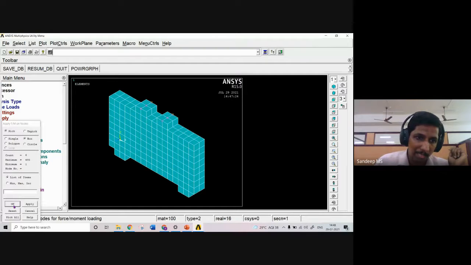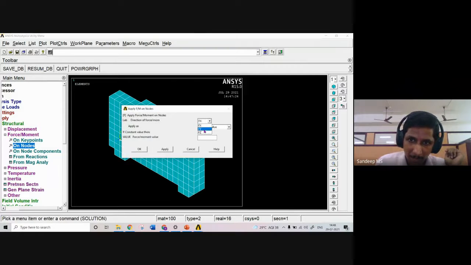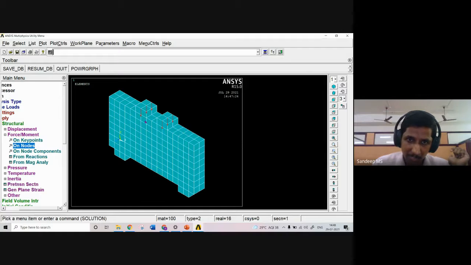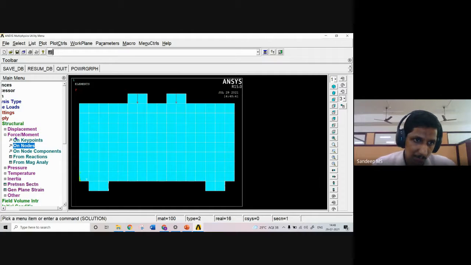So I will be applying minus 1 lakh, that is minus 100 kilonewton, downward to all the 6 nodes, so that it will be in total 600 kilonewton. Now you can see 6 loads are separately applied. Each has a magnitude of 100 kilonewton. Okay, now we have to define the support also.